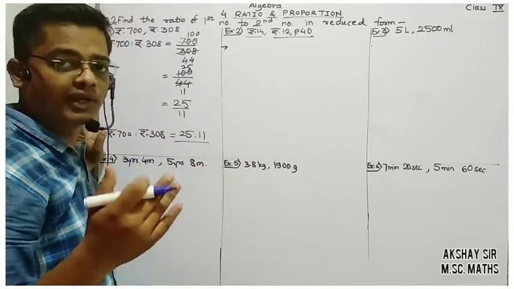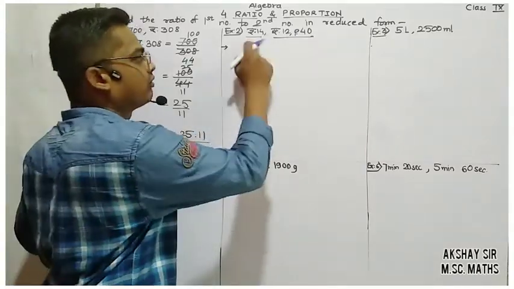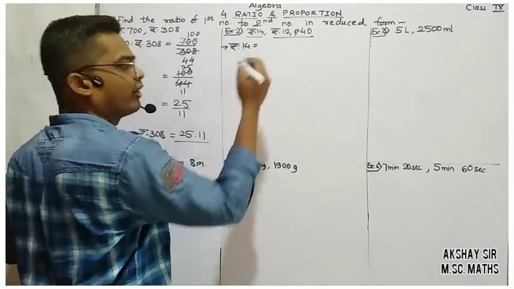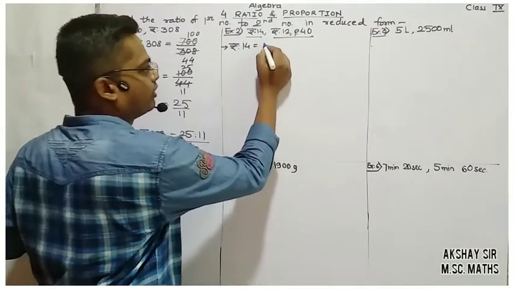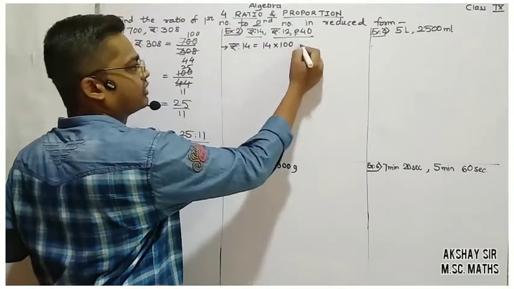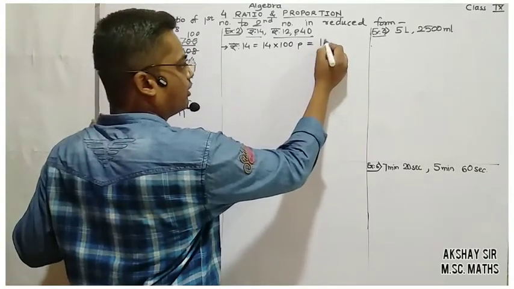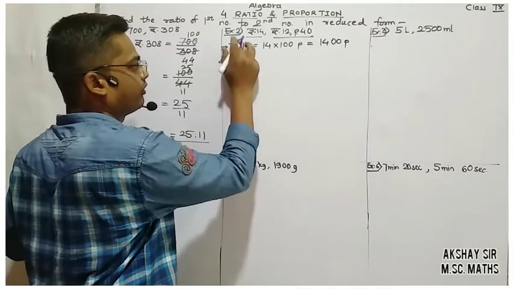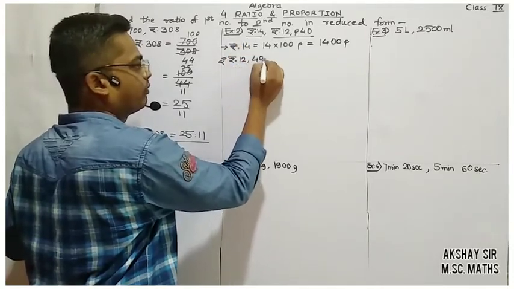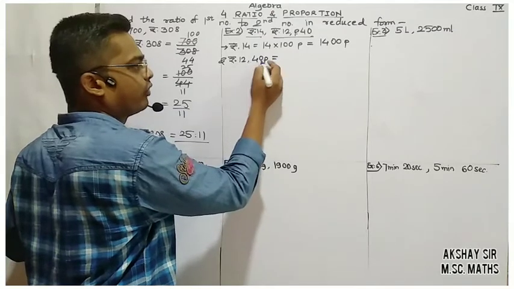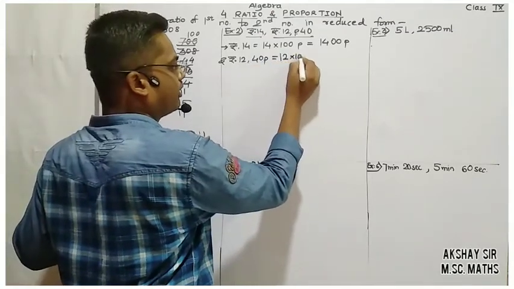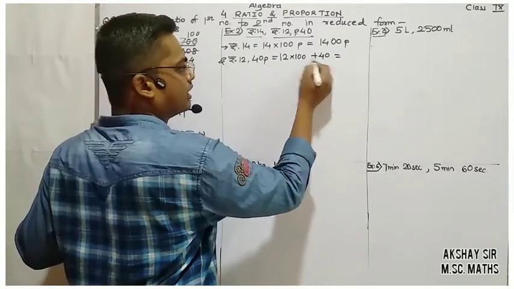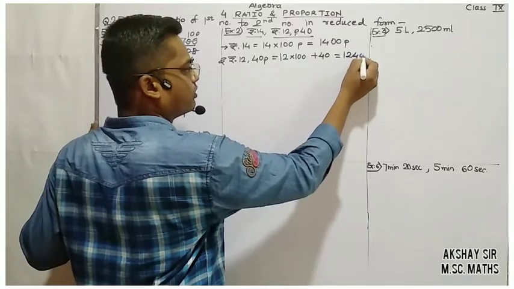So here you have to convert both the units into the smallest unit. So rupees and paisa, paisa is the smallest unit. So we'll convert both of the quantities into paisa. So here rupees 14 is equal to, and 1 rupee equals 100 paisa, so we'll multiply 14 into 100, so that this will be now paisa. So it will be 1400 paisa. And the second one, that is rupees 12 and 40 paisa, so we will multiply 12 by 100 and add 40 to it. So 12 into 100 will be 1200, and 1200 plus this 40 will be 1240 paisa.